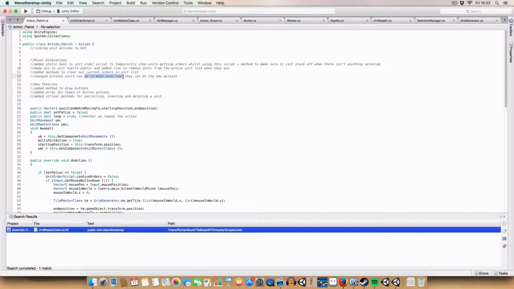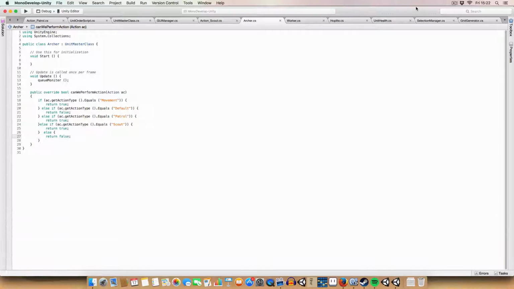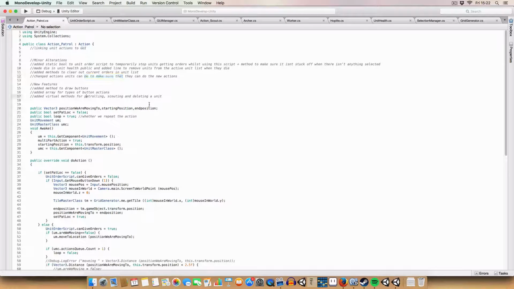And change actions. Oh yeah, basically I added these in, like patrol and scout and stuff, because we have new action scripts. So I'll just make sure I've got them both open. One, two. Yay! Okay, so first off,